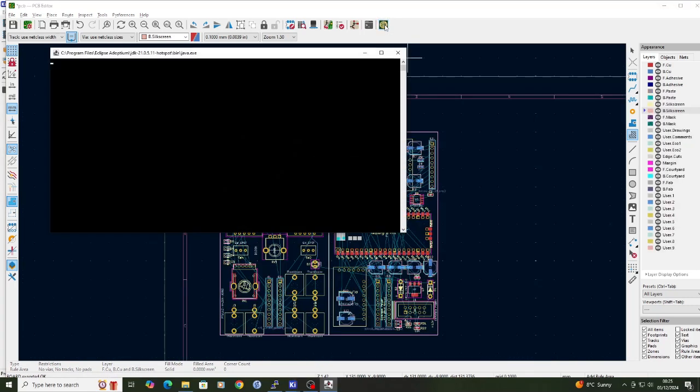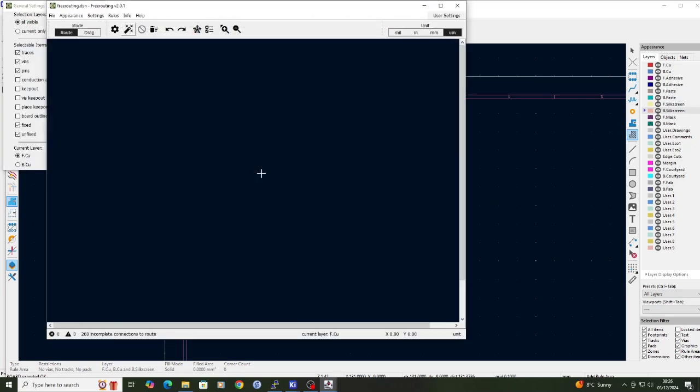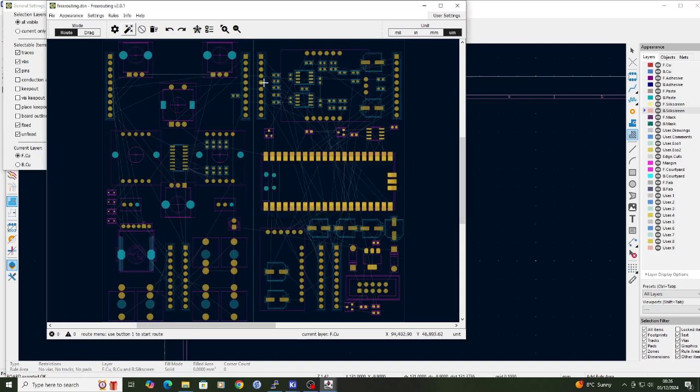Running the Autorouter is as simple as clicking on the icon. This loads the Java-based app. It exports your board as a DSN file and imports it into the Freerouting application. I'm just going to press cancel just so that I can talk a bit more. There are various settings. I'm using the defaults because they seem pretty good to me. But to kick off the